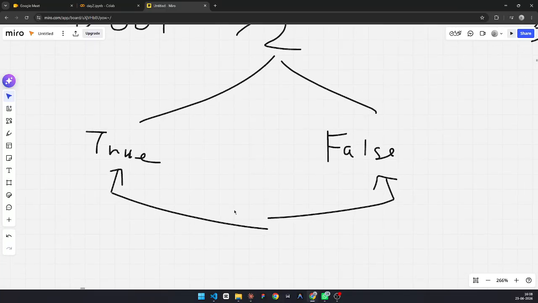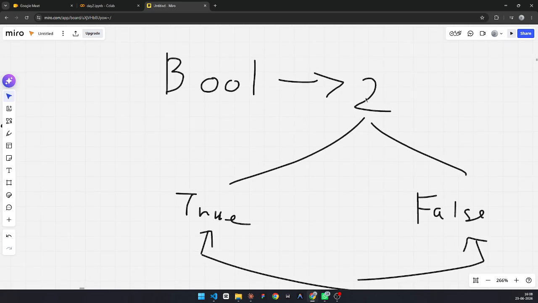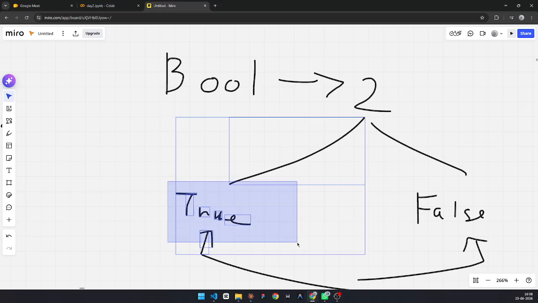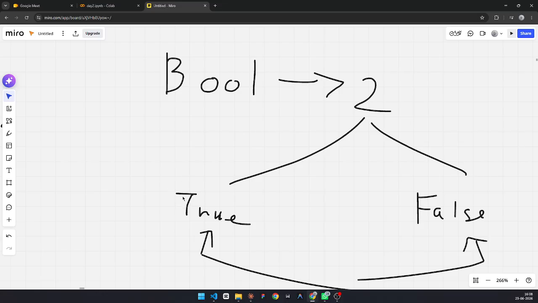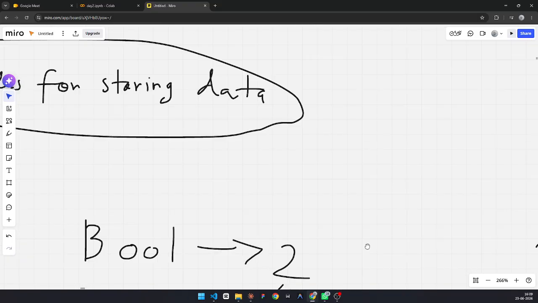Now, yesterday the first data type I explained was booleans. Booleans are nothing but two things: it is either True or False. And always remember that the first letter of booleans is always a capital letter. Is my voice clear, Sachin, now? Okay. So booleans are either True or False. But remember, this one is not a boolean because the first letter is in small letters. But this is a boolean and this is a boolean. There are only two, True and False. Always remember this, and the first letter is in capital.